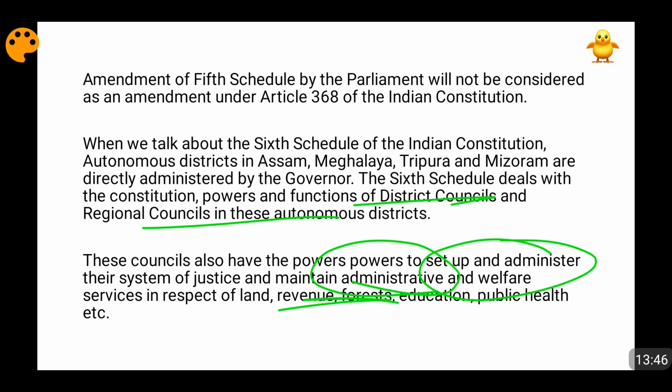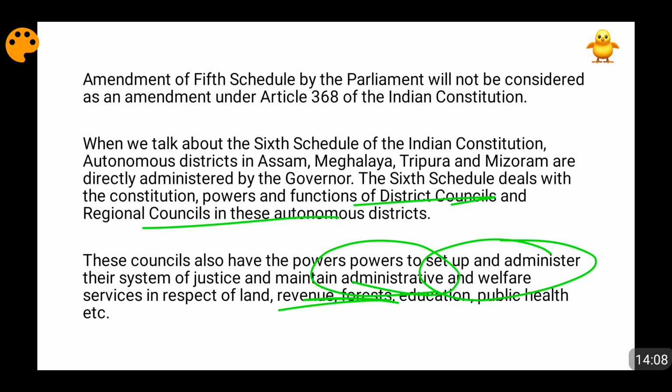So all of these things will be done by them. Okay, friends. Also, they will have the power to manage the laws of their land. They will have the power to manage their own forest using their minor forest produce. Okay. Also, trade being done in their areas by not the local scheduled tribes, that can also be regulated by